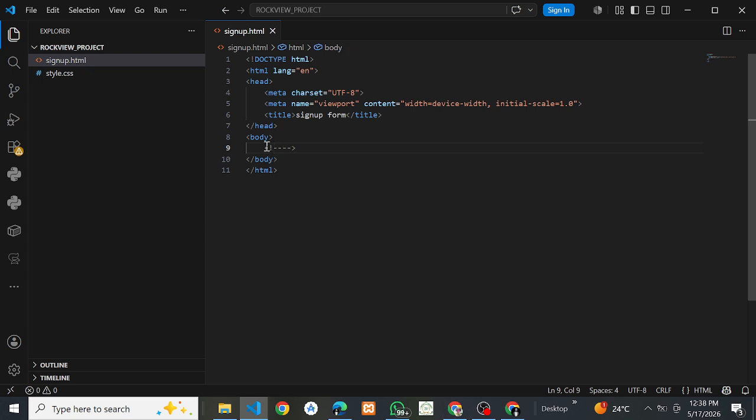Here it is going to be HTML structure starts here. Okay, that is good. HTML structure starts here. So now what are we going to put down there? We need to